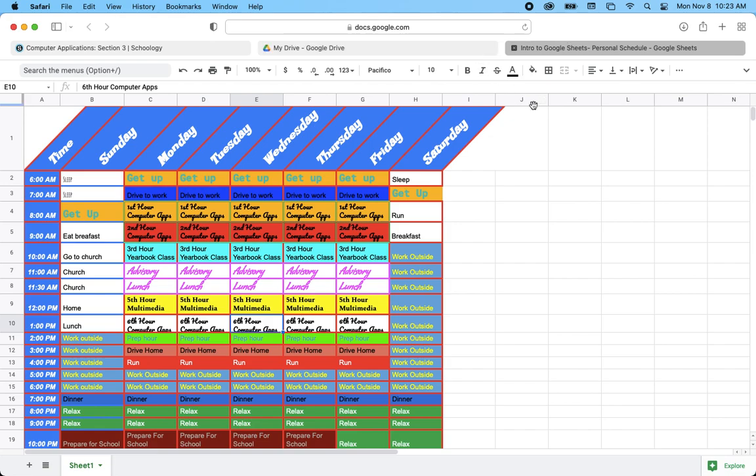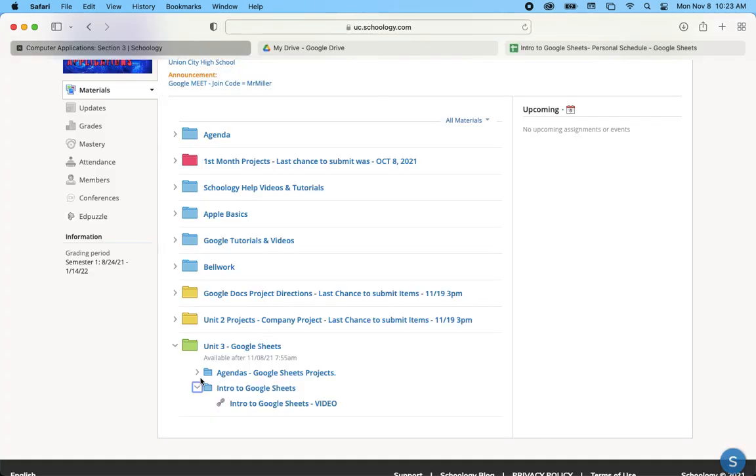After you get the screenshot taken, you should be able to find an assignment here inside the Introduction to Google Sheets folder. There should be video part 1, part 2, part 3, and then the assignment should be in here as well. So when you see that, you can turn this screenshot in and you're good for this project,